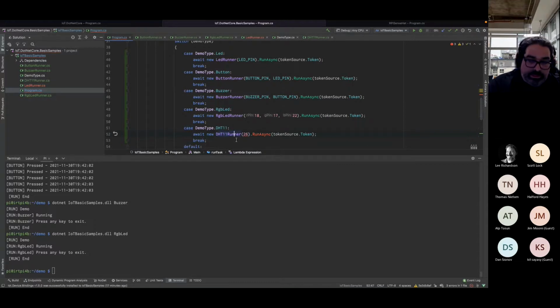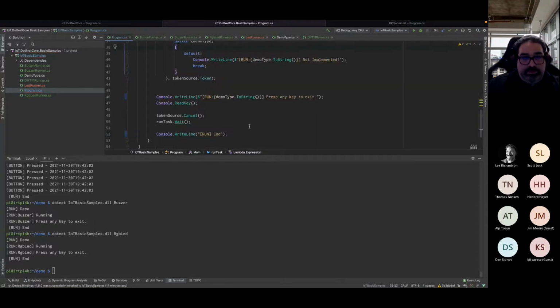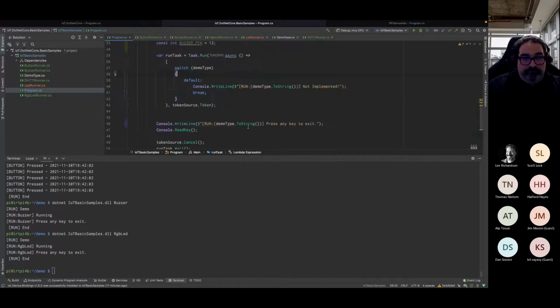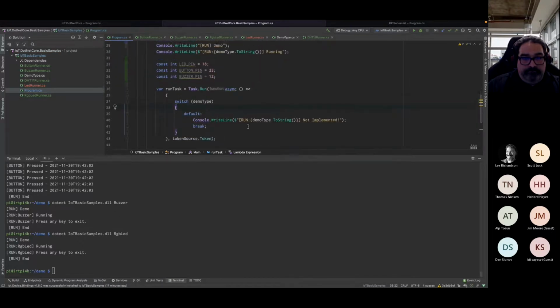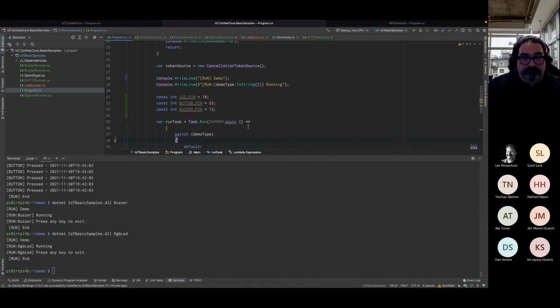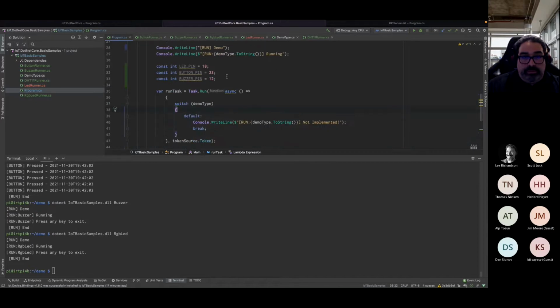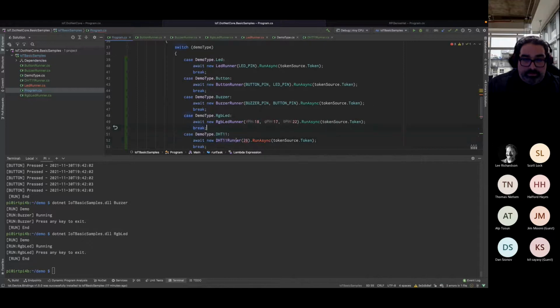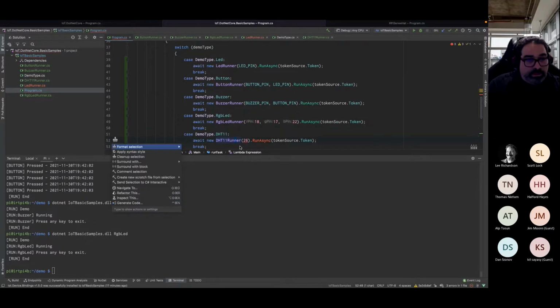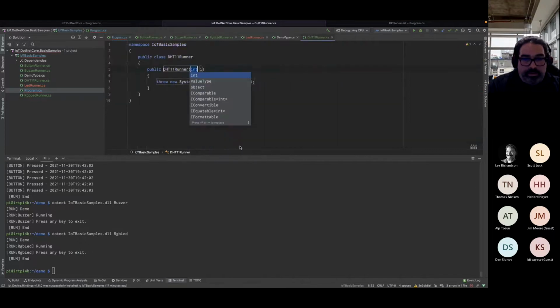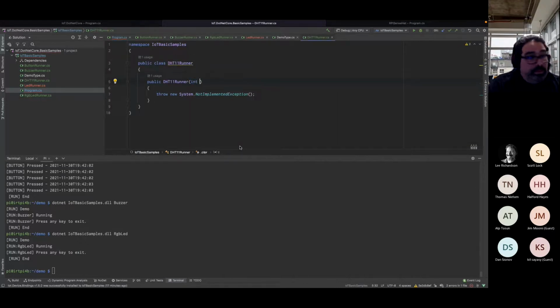So let's go ahead and create this. Let's call this the DHT11 pin.